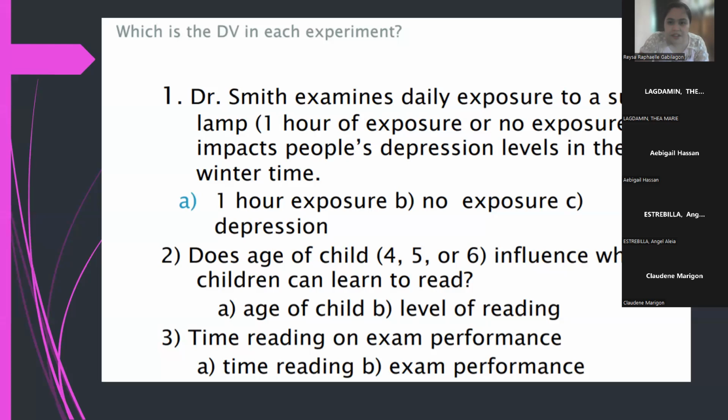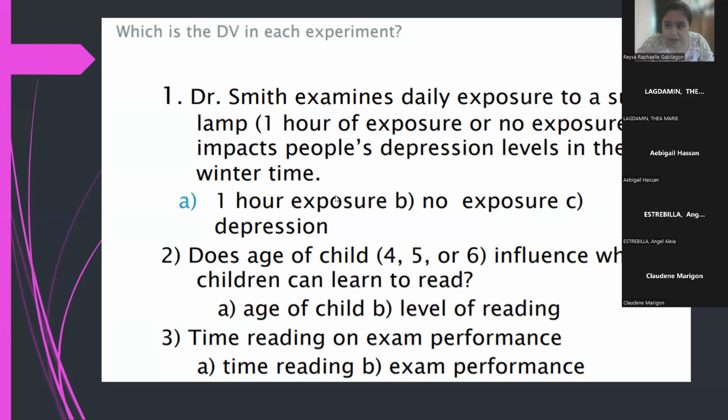Okay. Sige, very good. That is the depression. So yung outcome class ng pagkaka-expose sa sun, yun yung tinitingnan natin kung magkakaroon ba siya ng depression or hindi. Okay, so this is the dependent variable. And then yung exposure sa sun, yan yung tinatawag nating independent variable. So you know that man good na during winter, nakaka-depress talaga yan siya. So the doctor wanted to know kung may relationship ba talaga ang exposure to yung ginagawa niyang sun lamp doon